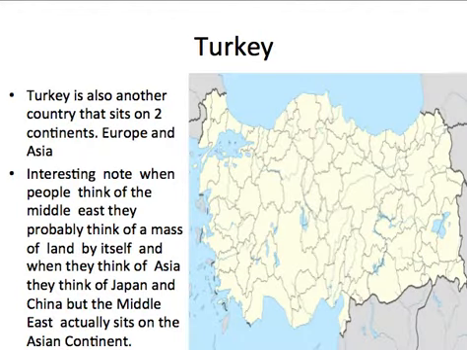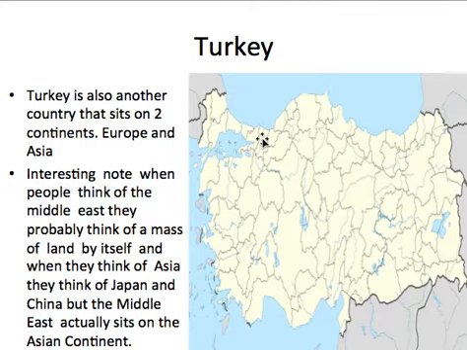Turkey. Turkey is also another country that sits on 2 continents, Europe and Asia. So, as you can see here, you can see this big blob over here. Now that is Turkey. But this bit over here is actually in Europe. Yes, it's still part of Turkey, but it's a tiny bit in Europe. And you see this tiny strait going through? Yeah, that's the tiny strait which splits Turkey into Europe and Asia, and this strait goes into the Black Sea, and it connects the Black Sea and the Mediterranean together.